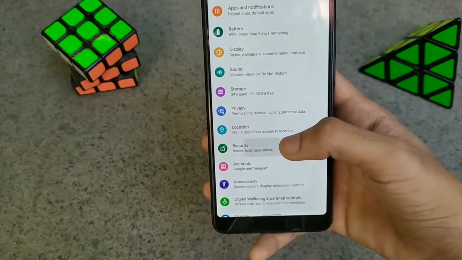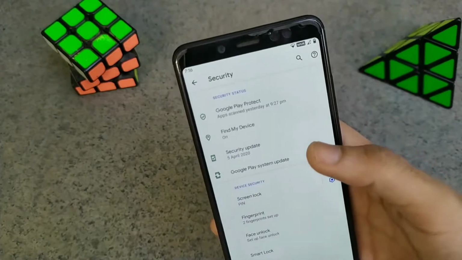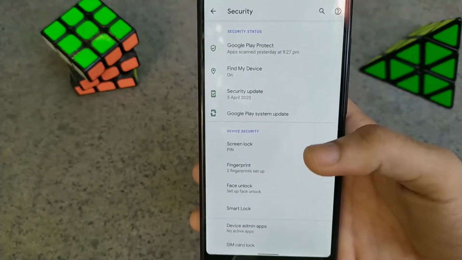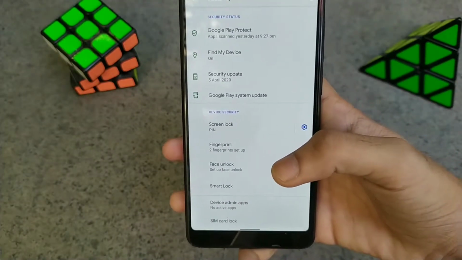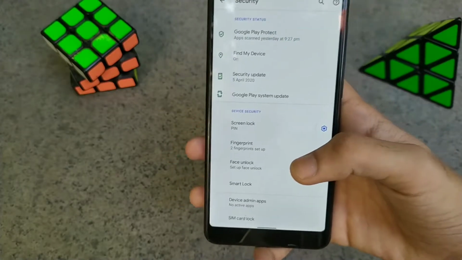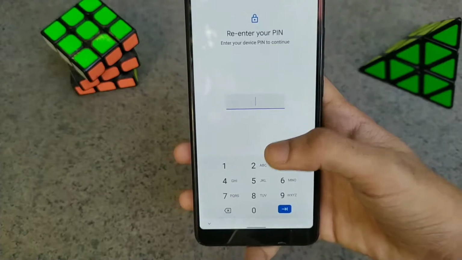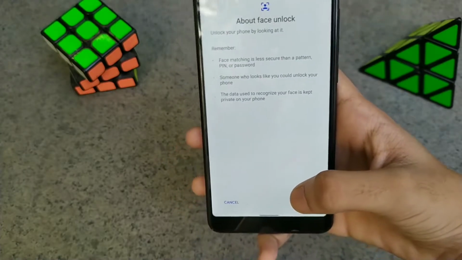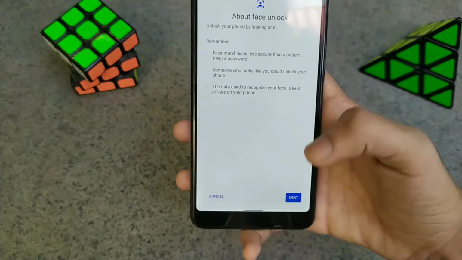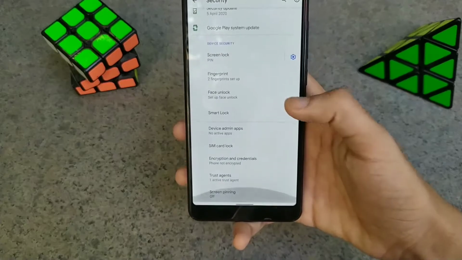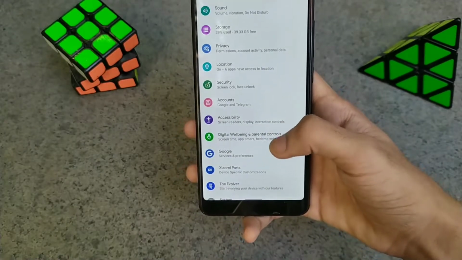So next, moving on to security. Here in security, you can see it is updated only till the April security patch. However, the ROM maintainer has confirmed that we will get a monthly update by the 17th of this month. And you also have face unlock, which works very fine. All the face unlocks in the custom ROMs you find are ported from Motorola, so there's nothing different in every ROM. As you can see, it works very fine under good lighting conditions, and it's very fast and snappy.